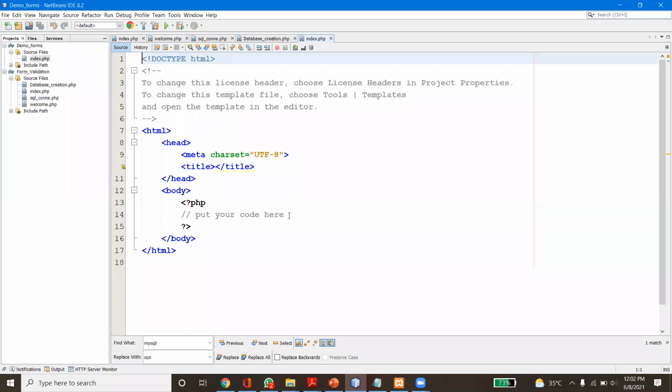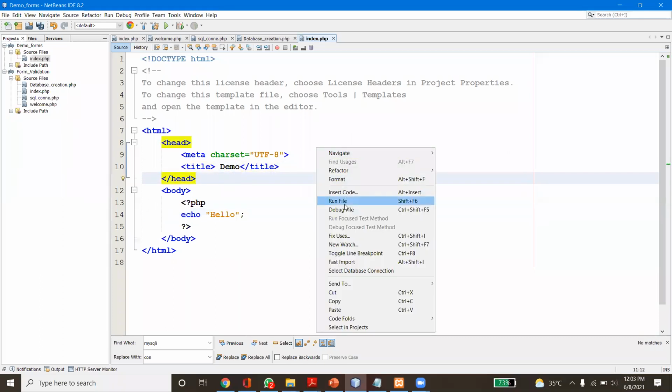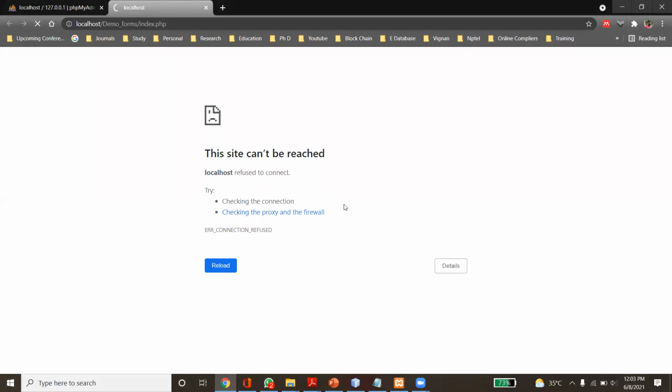For example, I'm going to show you just a simple hello program. Hello. Here, if you run this program, what are we going to get? If I run this program, it is not going to give any output. Why?